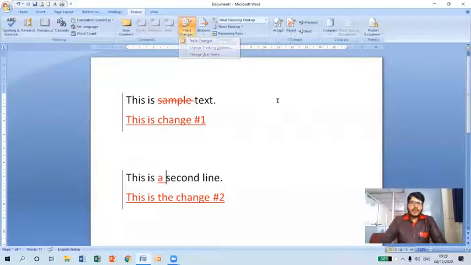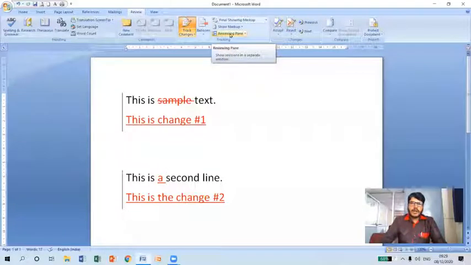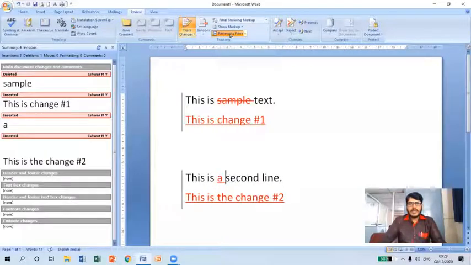Now what I need to do, I need to show all the changes. Assume that I want to click on review panel here so that it will show all the revisions in a separate window. You can see here whatever the revisions made for this document, it is showing in a separate window here.